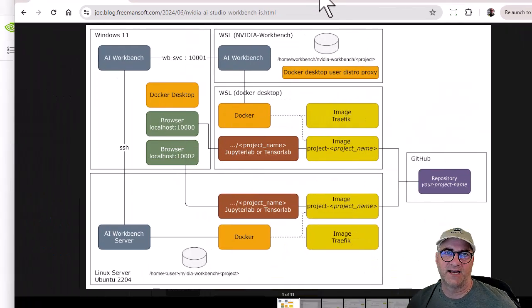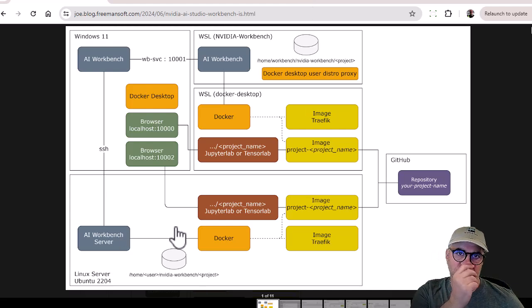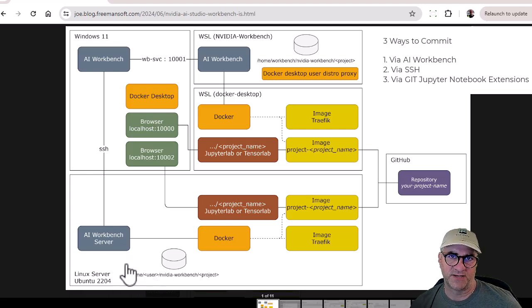The way this is set up is we have a remote system. If we have a Git repo and want to work on a Jupyter Notebook project, what happens is that in the home directory on that remote server, it checks out the project, and then AI Workbench will spin up a Docker container and mount that file system on the server into that Docker container. So it turns out there are actually 3 ways to commit files,